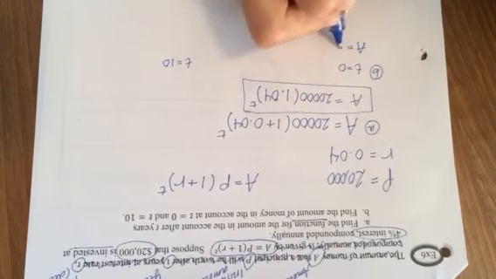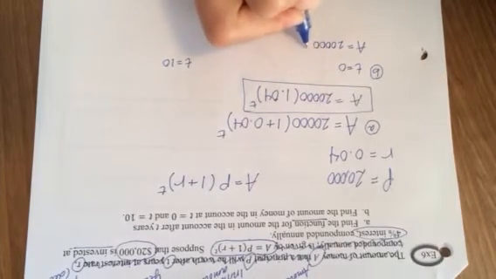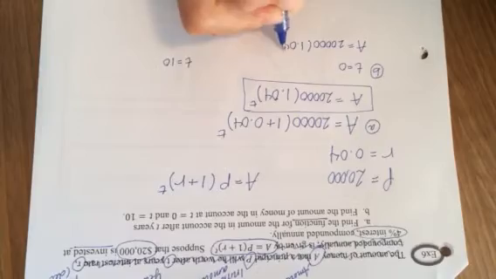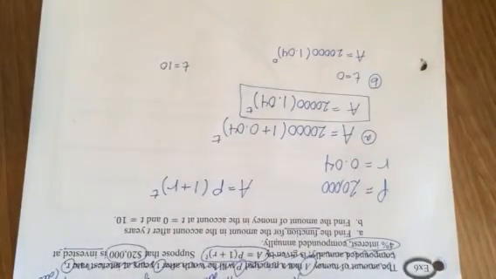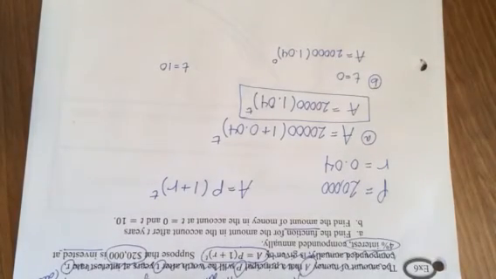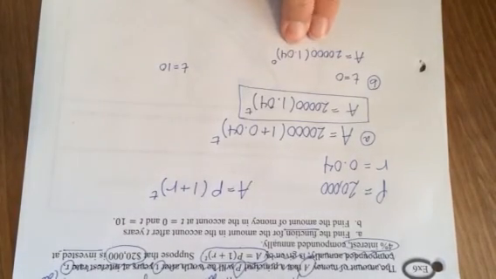I have my amount equals 20,000 times 1.04 to the T. In this case, T is 0. Anytime I have an exponent of 0, I'm going to be equaling 1. But the important thing to remember is, what is